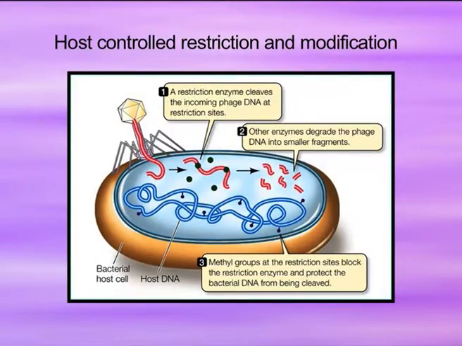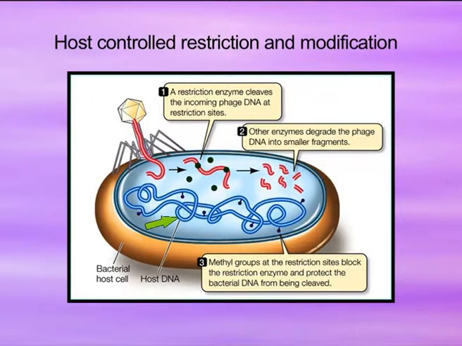Now let us move to how the restriction takes place, again with the help of another diagram. As shown, this is a bacterial cell. Now we can see the bacteriophage, this is the lambda DNA. This DNA is injected into the bacterial cell cytoplasm. So what will happen? The cell secretes the restriction enzyme. As a result, the restriction enzyme cleaves the DNA molecule into smaller fragments. Now these smaller fragments are further degraded by another enzyme present within the bacterial cell.